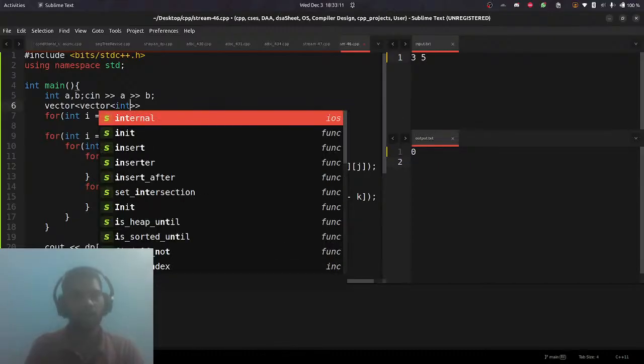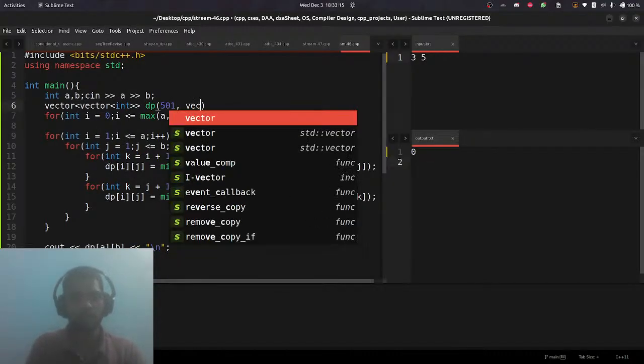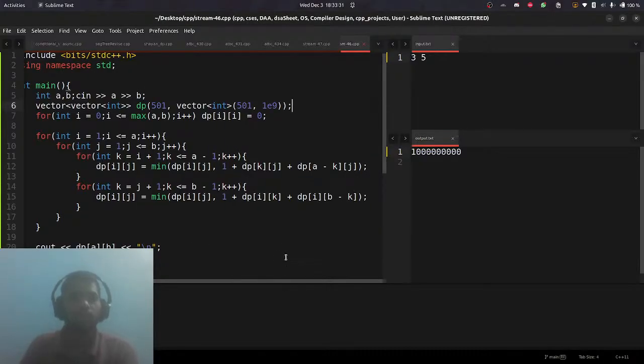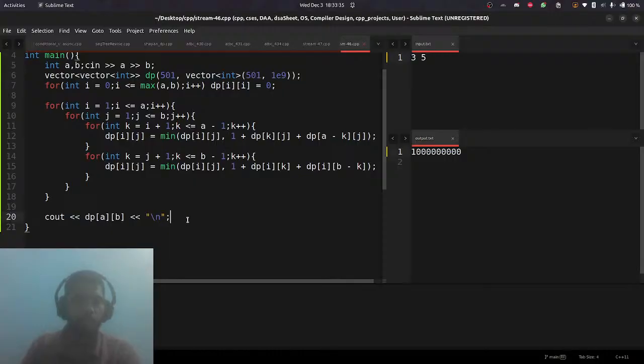Vector int dp 501, vector int 501, all of it will be a large value. Let me print the